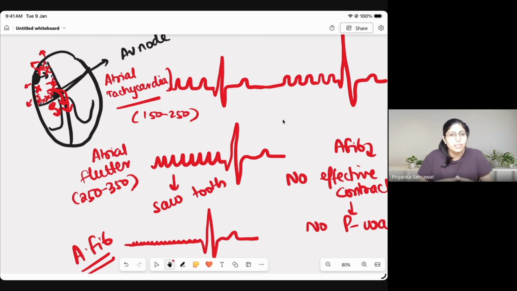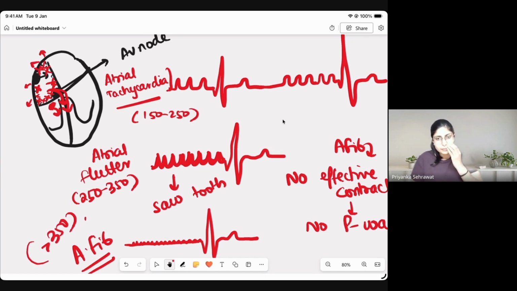In case of atrial flutter, approximately 30 to 50% myocytes are unsynchronized. When they are unsynchronized, तो सब अपना छोटा छोटा करंट दे रहे हैं, right? तो वो छोटा करंट हमारा ECG paper records as these small sawtooth shaped P waves. This is known as sawtooth pattern. But because less than 50% myocytes are unsynchronized, some current gets transferred to the ventricle and we have a QRS complex. Okay, so this is atrial flutter. When more than 50% get involved, we get atrial fibrillation, usually in heart rate above 350.